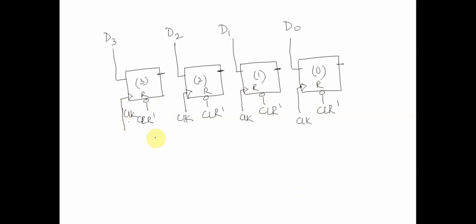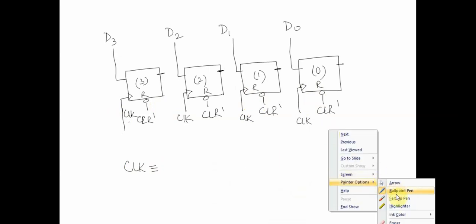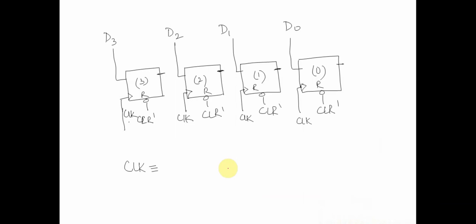What we will do is this particular CLK signal would be something like this, which I will show you right now. We will take the load, we will NOT it, and we will OR it with the original clock signal to form these clock signals. Now what will happen in this particular case? As we discussed previously,